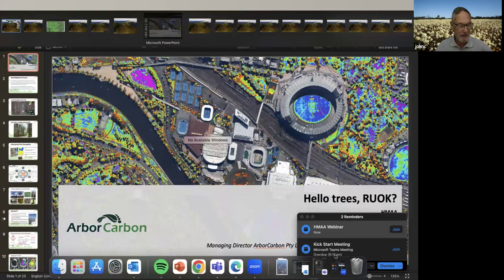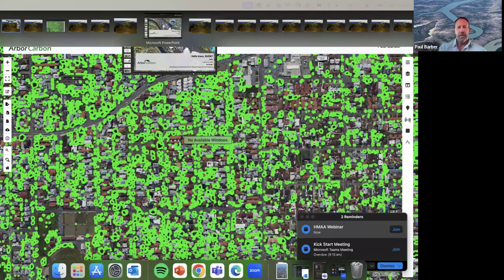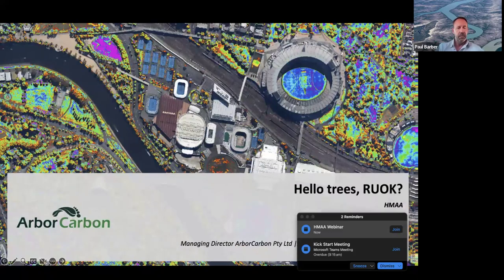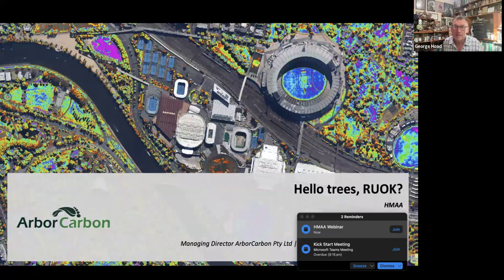Is that working okay? Can you see the PowerPoint? No, not yet. But we'll get there. If you've just joined us, welcome. We're just sorting out our little problems, and here we go. Thanks, Paul. All good? Okay, great. All right, so that should be full screen now, is it? Yes. Okay, thanks very much, John.